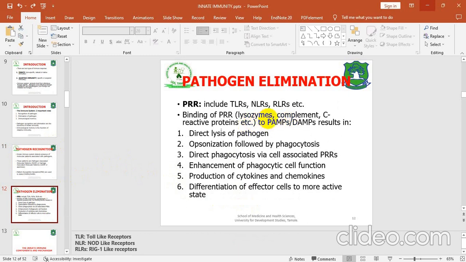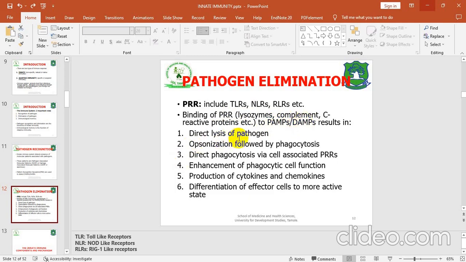We have lysozymes, complement system, C-reactive proteins. So binding of pattern recognition receptors on the host. Examples of these pattern recognition receptors are located on the lysosomes, the complement system, and C-reactive protein of the host. So these are the chemicals that will recognize this antigen and bind onto them, and it will result in